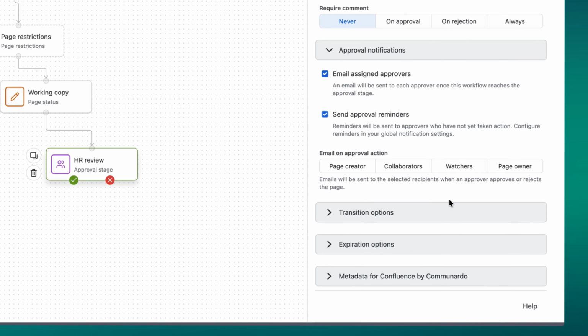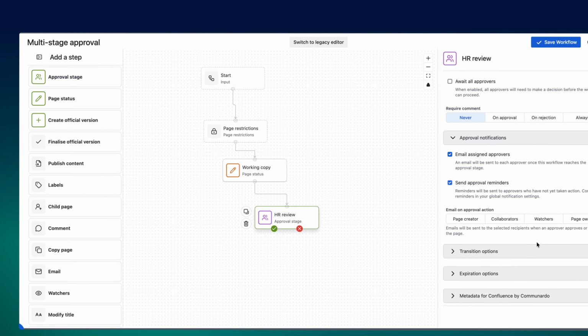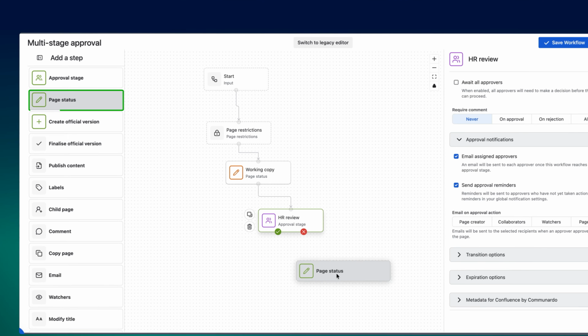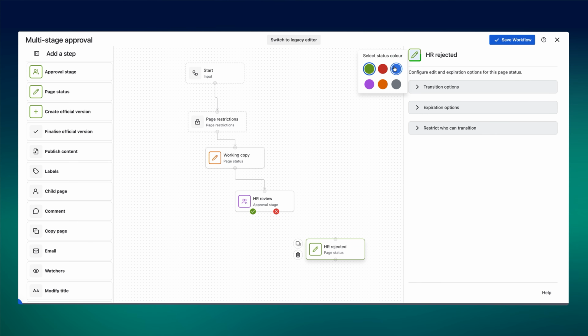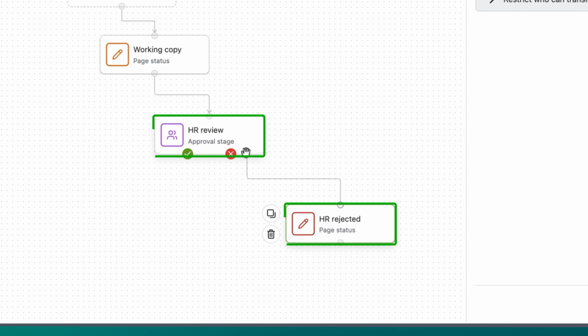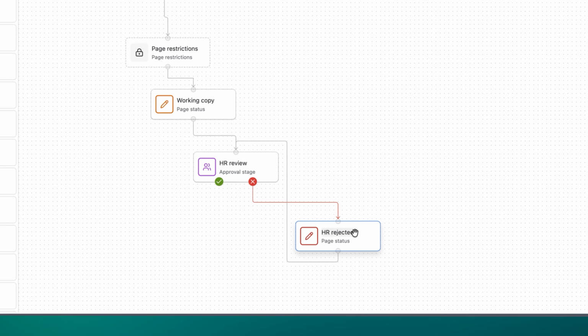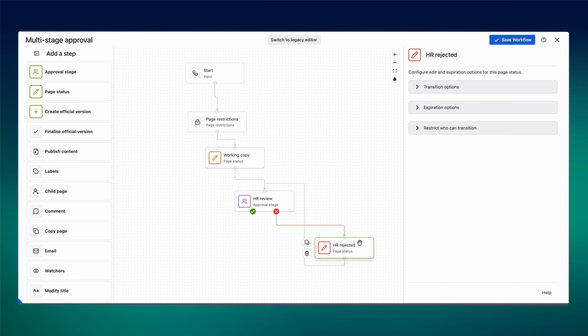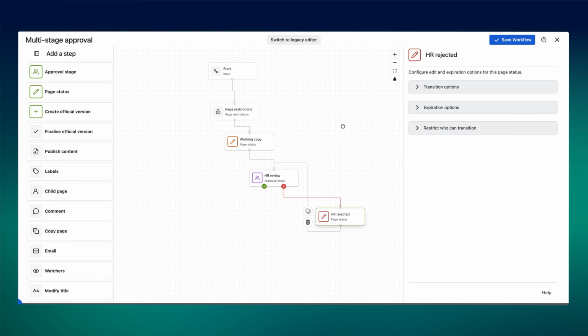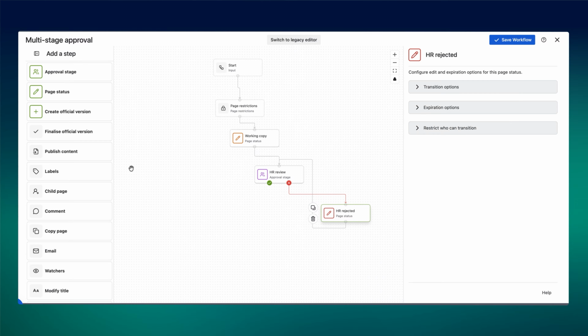Since this is an approval stage, it needs two connected outcomes. First, I'll add a page status called HR rejected and change the color to red. I'll connect this here. From the HR rejected status, I'll loop the workflow back into HR review. This ensures that if the page is rejected, it is reviewed again to understand and address the reason for the